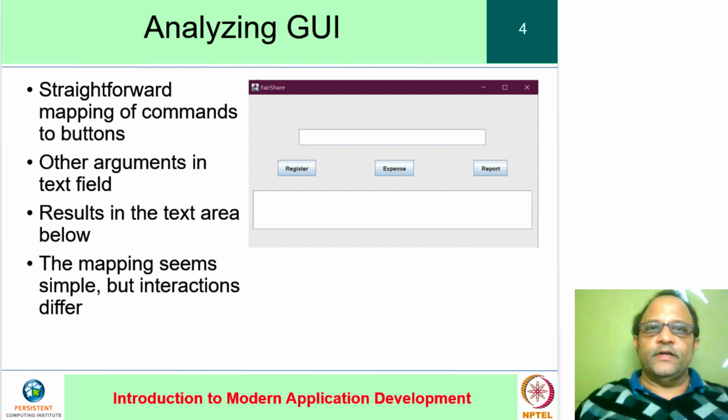The lower text area is where we will get responses such as what just happened, and when we press the report button, that is where we will see the output. How many of you would agree that it seems natural that the roles of the text field and the larger text area are obvious? Isn't it interesting that to many of us, even non-technical users will be able to make